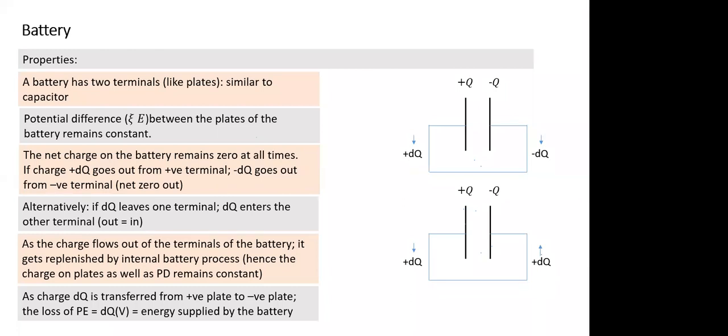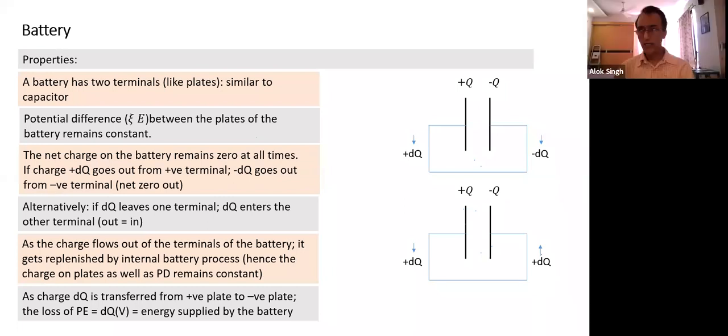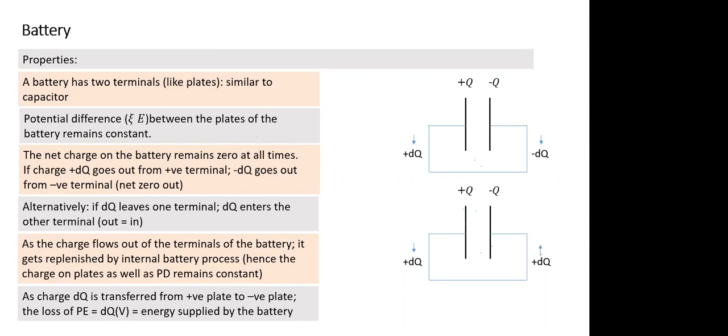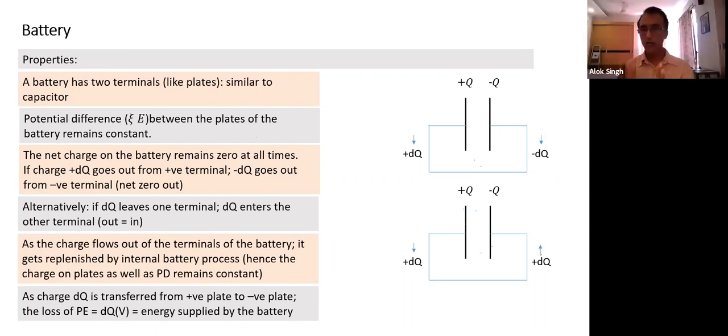Are you making some sense? Yes, sir. So the battery has supplied 1 joule of energy, but the battery has come back to the same potential difference. What has happened? The loss has been compensated by the internal mechanism. The chemical energy stored in the battery gets converted into electrical energy. That mechanism is a complex mechanism, and we don't have to deal with it. There are a number of ways it can be done, but we don't deal with it.